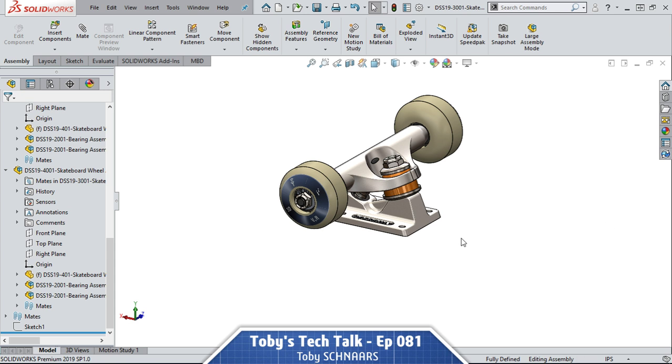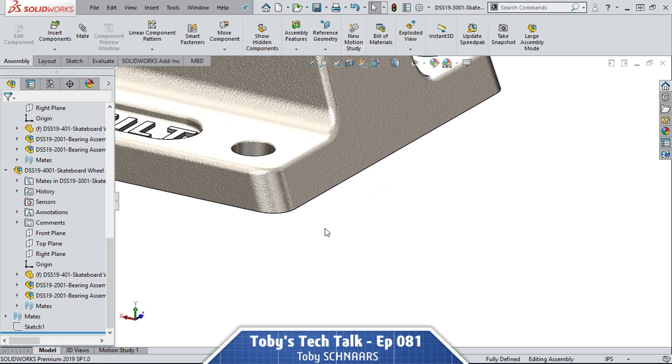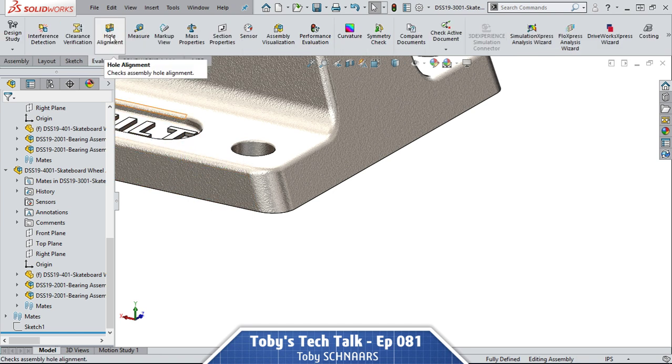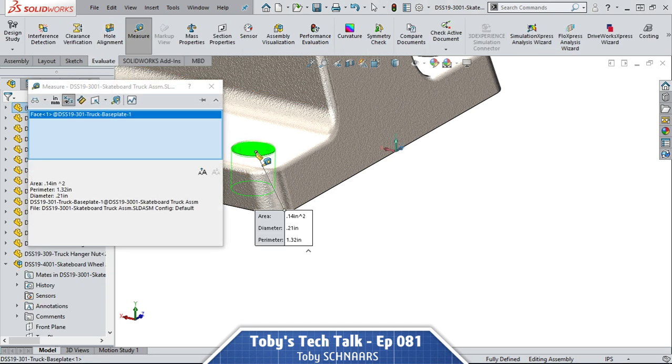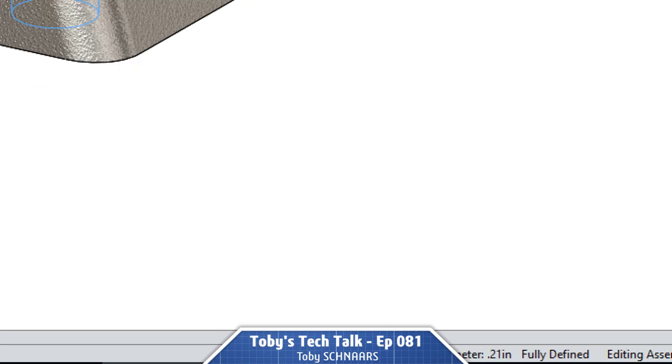When we're working in SolidWorks, one of my favorite shortcuts that I remind people about is avoiding the use of the measure command in SolidWorks. We don't have to go up here and click evaluate measure to determine what the diameter of this hole is. What we can do instead is we can simply click on that hole and then look down here in what's called the status bar. So we can just click on that